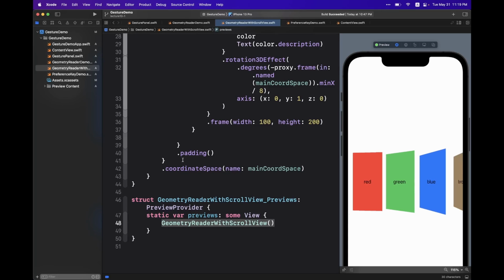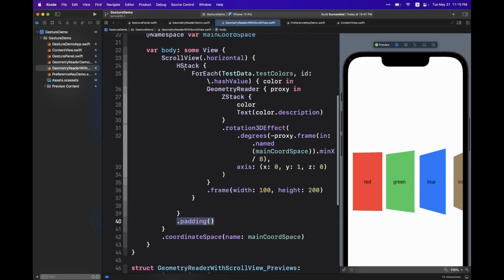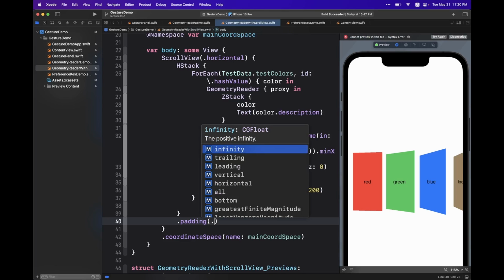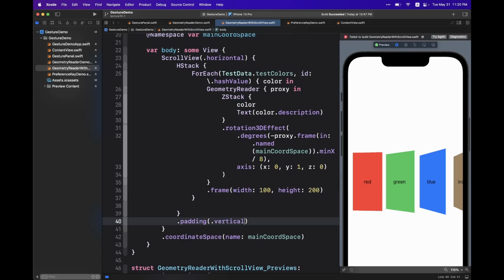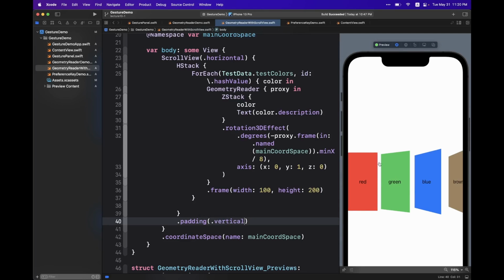The reason is I apply a padding on this internal edge stack. So when we access the main coordinate system of this scroll view, it still has some kind of offset, so this is not going to be 0. So we can tweak this thing by only applying a vertical padding on this stack. Now we can make this thing actually align